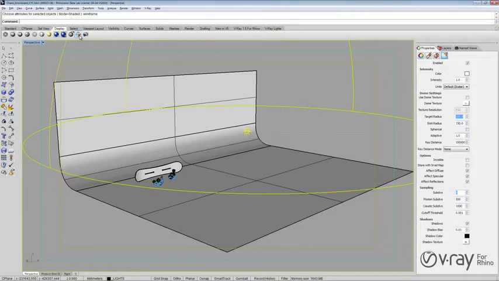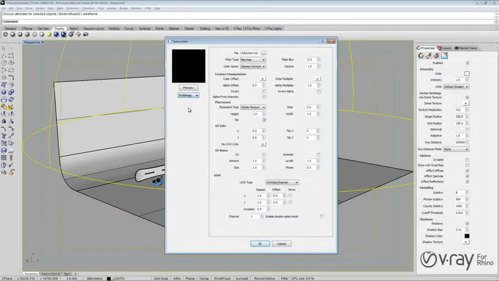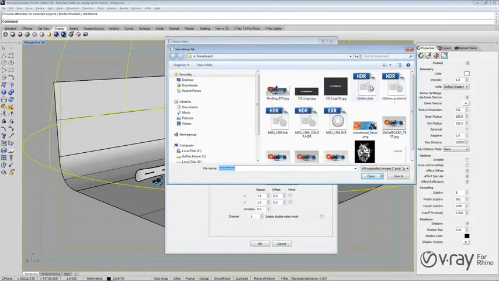With the dome light selected, I'll go to the Properties tab and I'll choose the Light Properties. Here we can see all of the dome light parameters. First, let's enable the Use Dome Light texture. Then we'll go into the dome texture and I will choose Text Bitmap from the pull down. I'll go up to the file and I'm going to browse and grab my HDR image that we'll use for